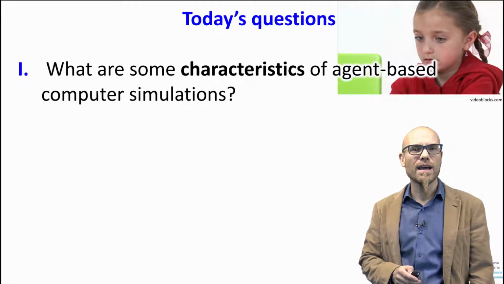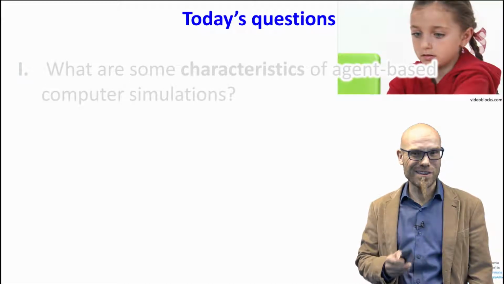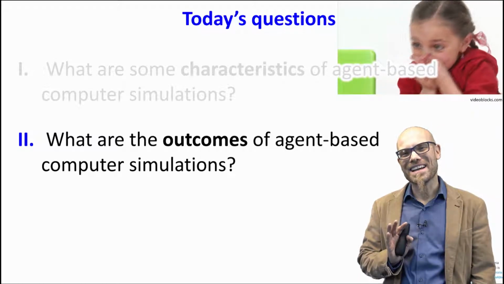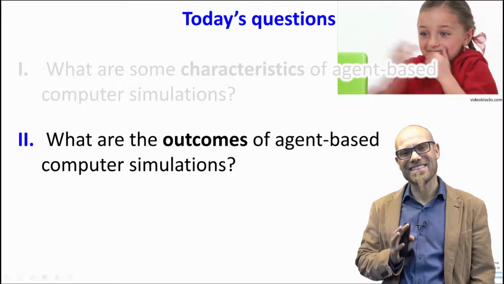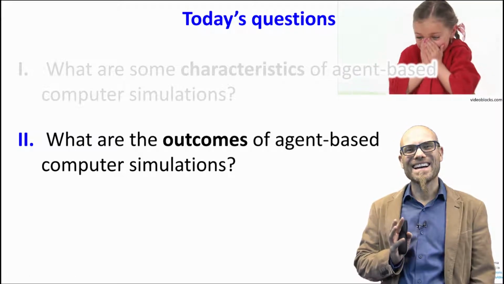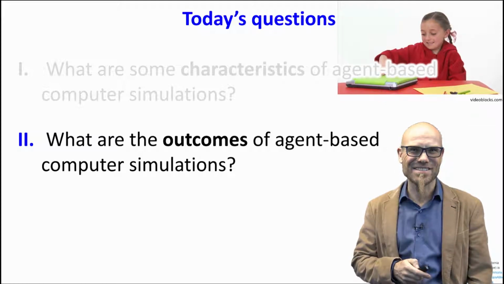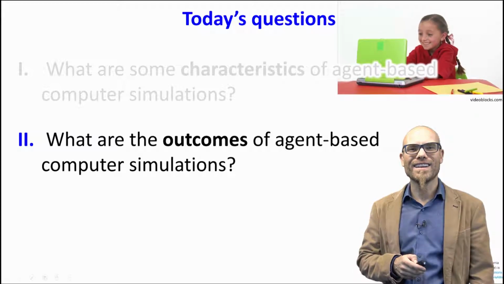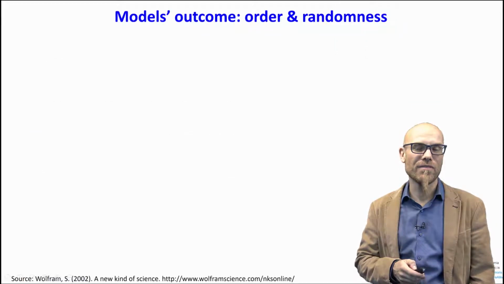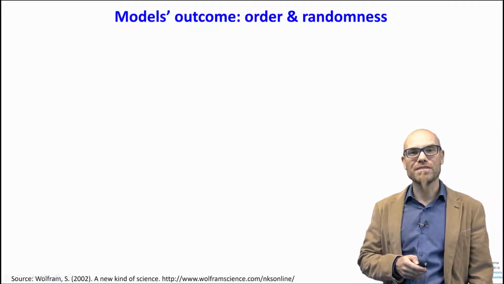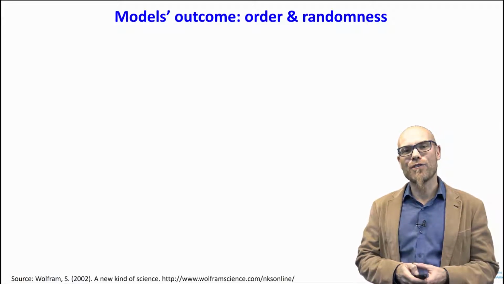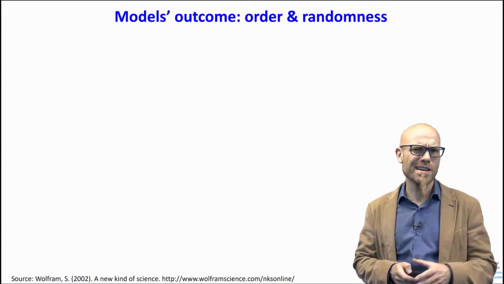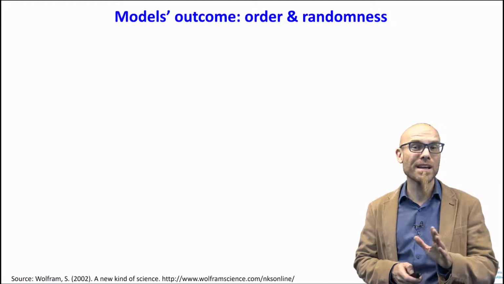That brings us to the next point, outcomes. And the outcomes, as you already know, can be quite surprising, as you can see here. And the good thing is that while they can be quite surprising, there are different classes of outcomes of computer simulations, and there are only 4 classes. I'm piggybacking here on a very influential book, A New Kind of Science, from Stephen Wolfram. And these are basically the 4 classes of all kinds of models. It's a little bit pseudo 4 classes because there are many more, because the 4th class is a little big, but okay, let's start like that.